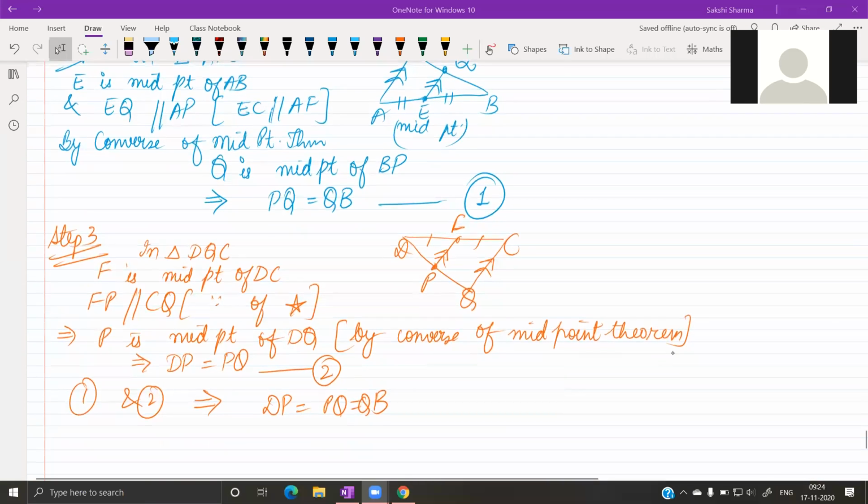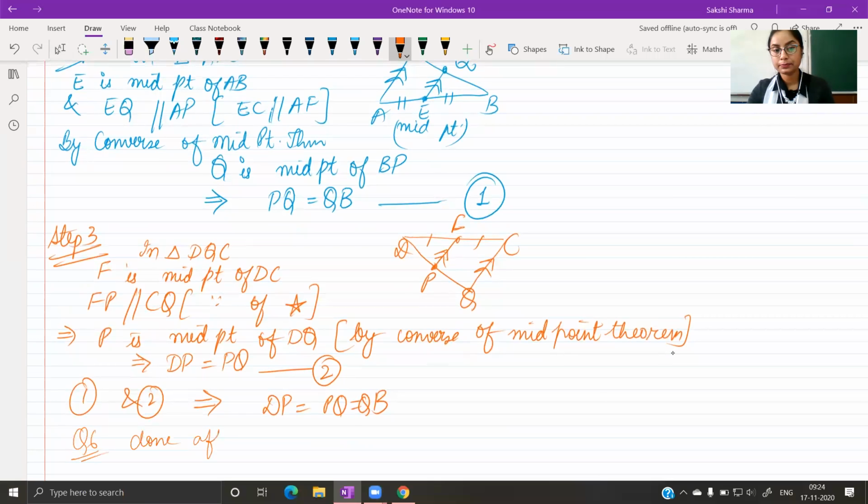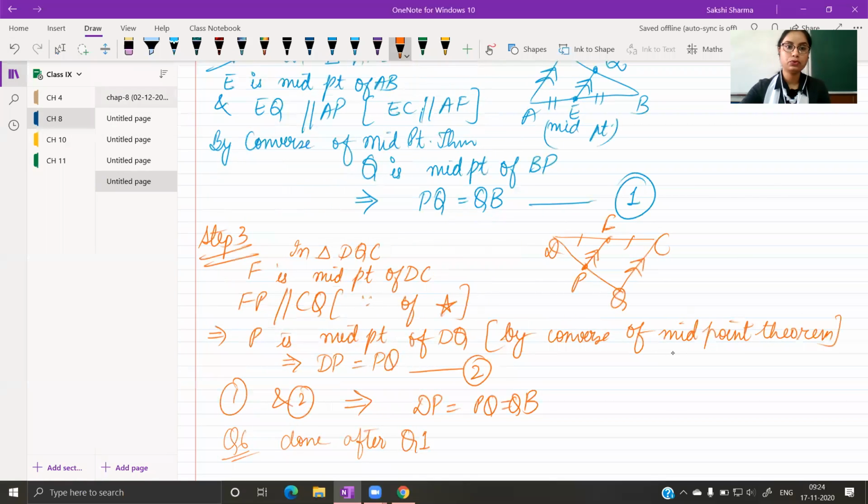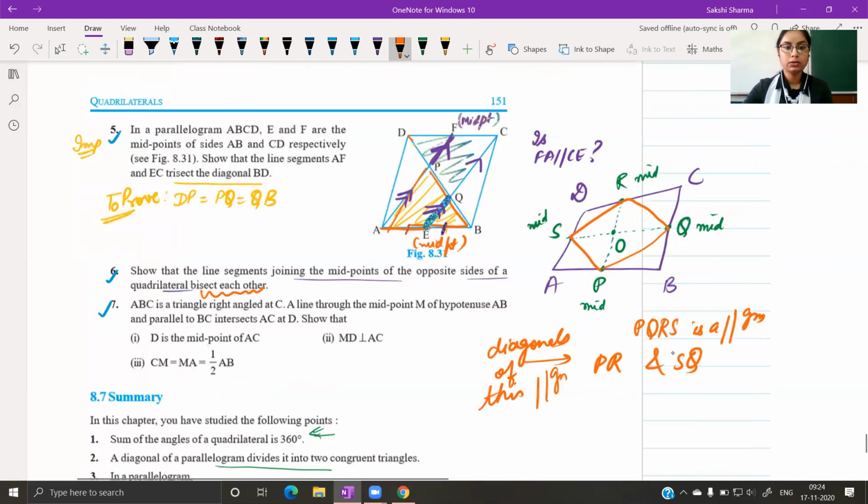Okay, question number 6 we had done right after question number 1. We are left with just one question, and I think you will be able to do that on your own actually. So we have a triangle ABC, which is right angled at C. That means you have a right triangle. There is a line passing through the midpoint M of the hypotenuse. M is the midpoint of the hypotenuse. There is a line which passes through this point, and that line passing through the midpoint is parallel to the